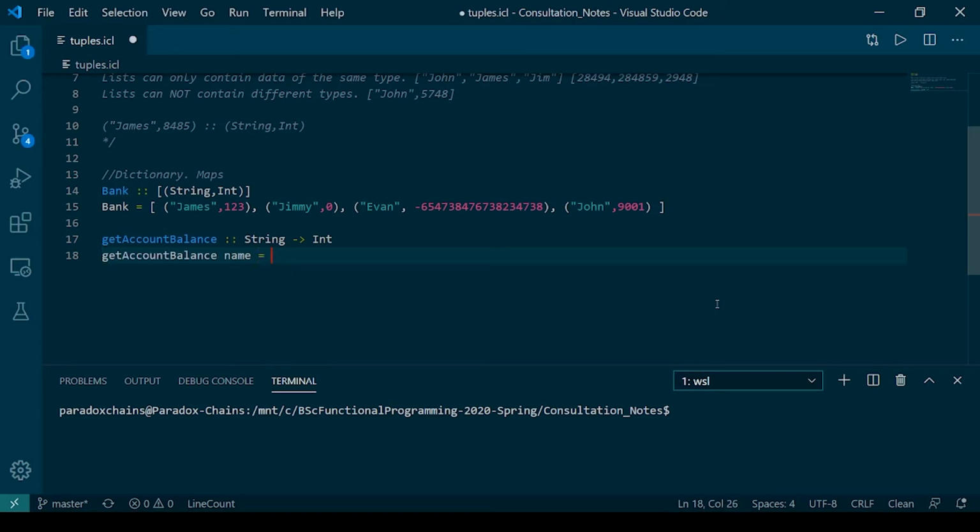Okay, what do we want to do? We want to find. Let's assume that no two people have the same name, just for the sake of simplicity. So we're going to search here and see if we can find his name. Okay, so let's see. We'll say that given the name,